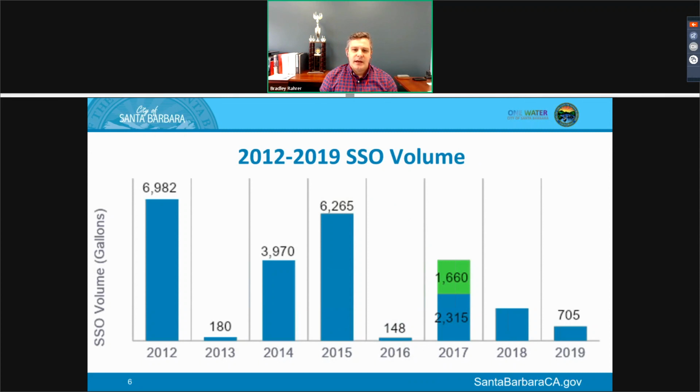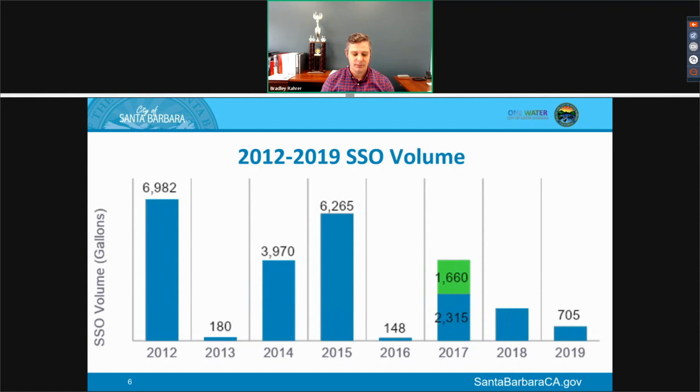So looking at the impact of our spills on the environment, this chart shows the spill volume from 2012 through 2019. And you can see from a general trending, we have definitely been trending down over the last several years. Our total volume spilled in 2019 was 705 gallons. However, of that 725 gallons, 562 gallons were recovered and returned to the sewer system. So that constitutes about 80% of the spill released was actually captured by staff and returned back into the sewer